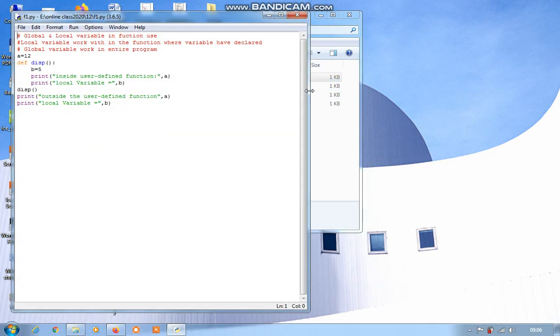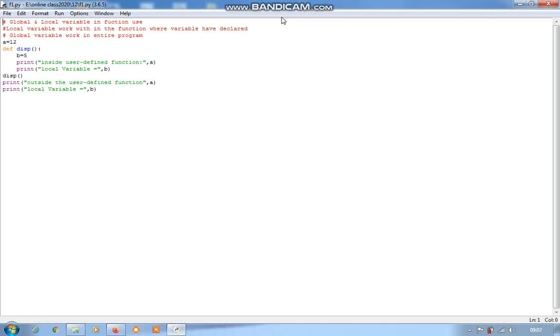I am going to tell some examples with the definition. Clear? So here we have one program of Python. It shows the value of the local and global variables. Functions are a particular subprogram, a part of a program, which can use two different types of variables. They are known as local and global.